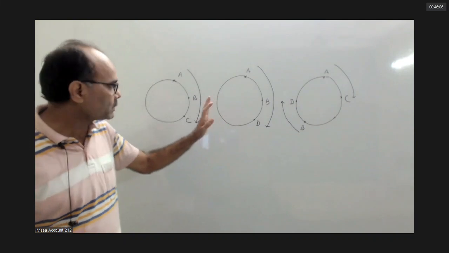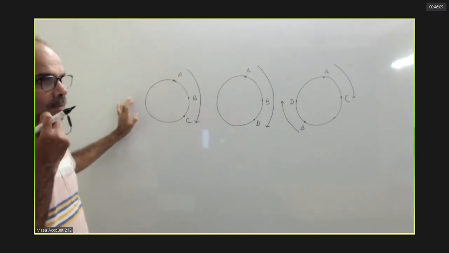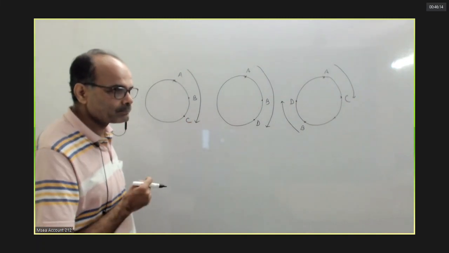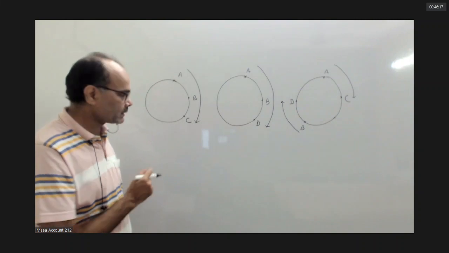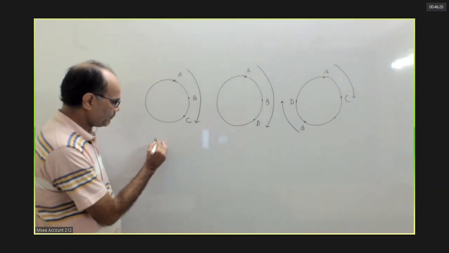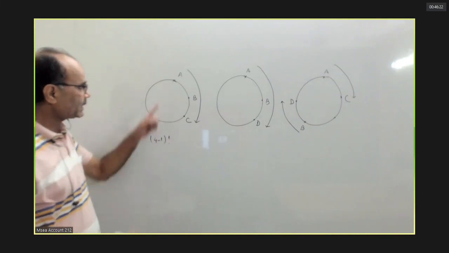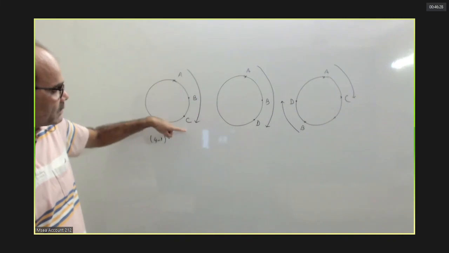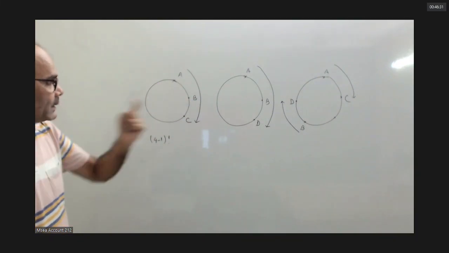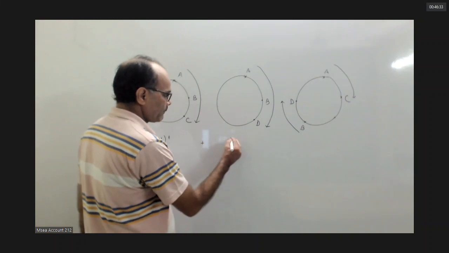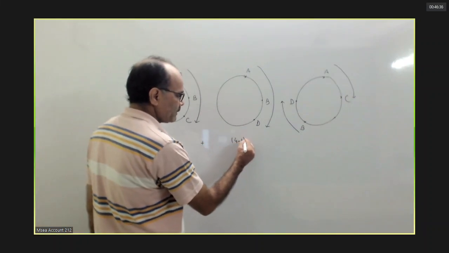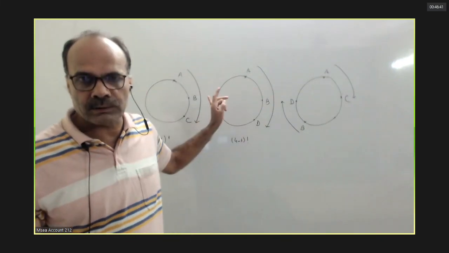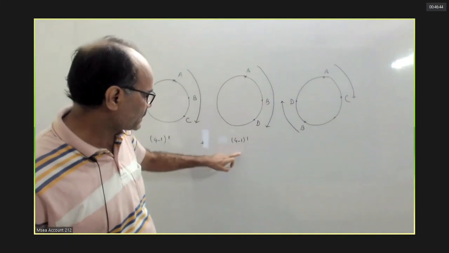In total, how many different units do we have? 4 units. So these 4 different units can be arranged in how many ways? 4 minus 1, 3 factorial ways. And we can't rearrange within the unit because B has to be right of A, C has to be right of B. Similarly, this one, 4 minus 1 factorial ways: 1 unit, other 3 different units, 4 different units on a circle.